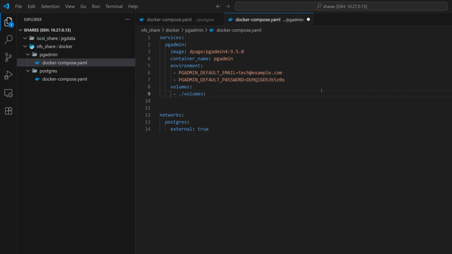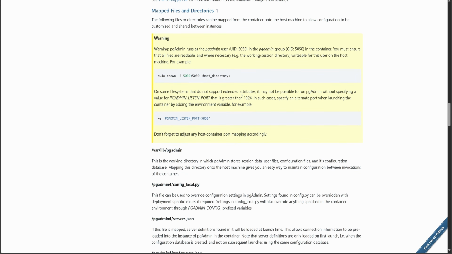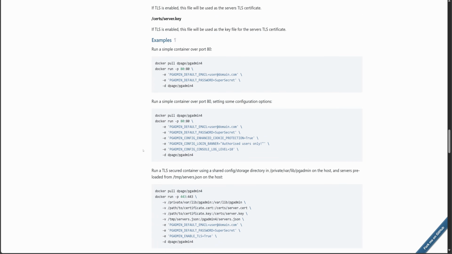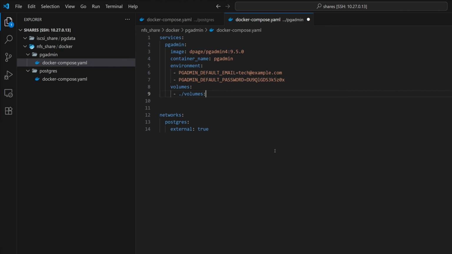To know where to map it, we'll check the documentation again under Mapped Files and Directories. This gives us the exact directory path to use. If you're doing a more complex setup, there are more options available, but for now, we'll just use this one. Also, in the warning section, it says we need to change the ownership of this volume to user and group 5050. So I'll copy the directory path, paste it into the Docker Compose file, then create that volumes directory and